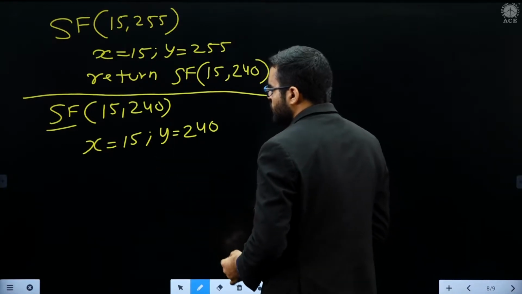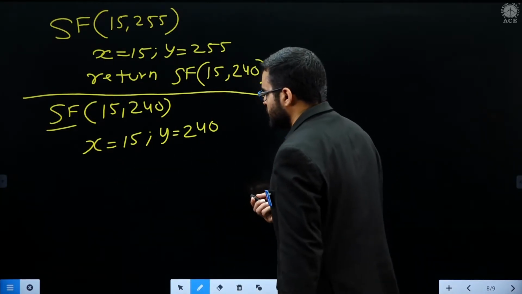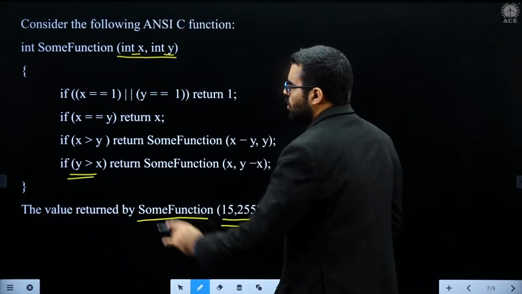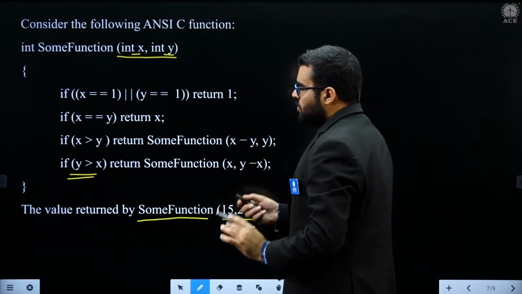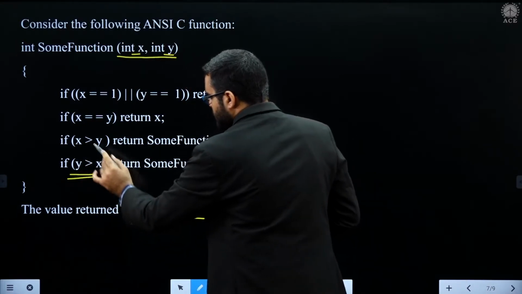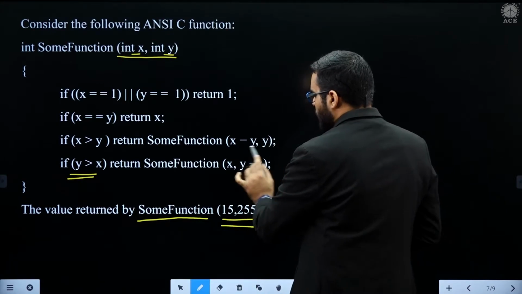Again, y is greater than x, so this condition will be satisfied and all other if conditions will become false. So again we return SF of x comma y minus x.